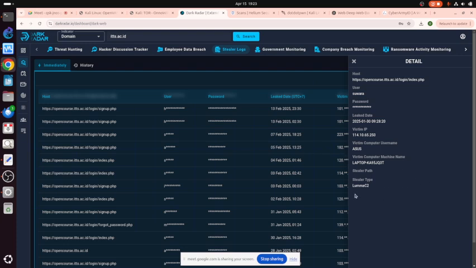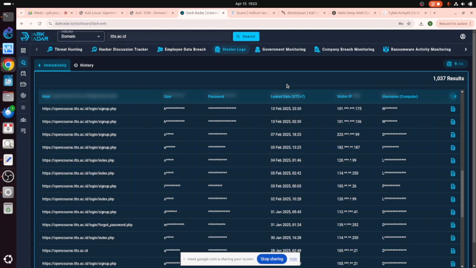See? Laptop, Stealer C2. So the message here is, if you use Windows, be careful, because your password is much easier to be stolen by this virus. If you want to check more thoroughly, you can use this one, employee data breach.